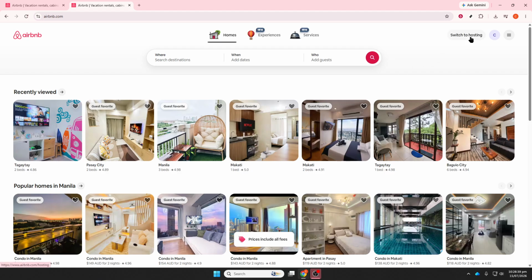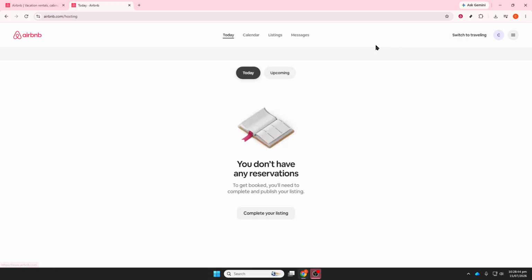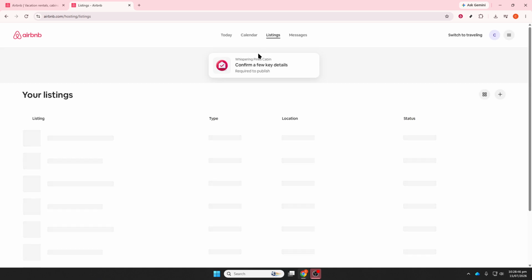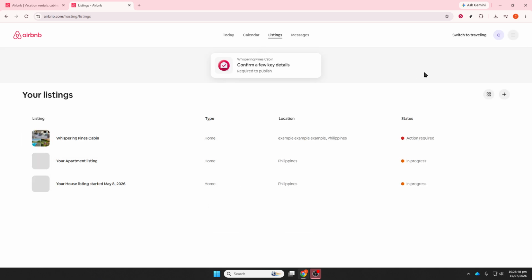Now that the results are on screen, use the filters to narrow things down and find apartments that actually fit your trip. A helpful place to start is selecting entire place if you want a private apartment rather than a shared space. You can also set your budget, choose the amenities you want, and pick the property type that makes the most sense for your stay. Taking a minute with filters can save you a lot of time and help you avoid listings that don't match